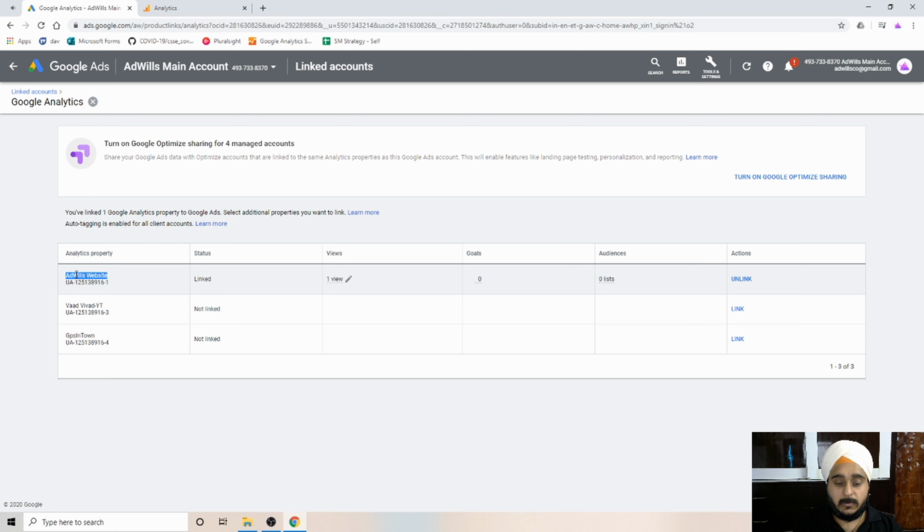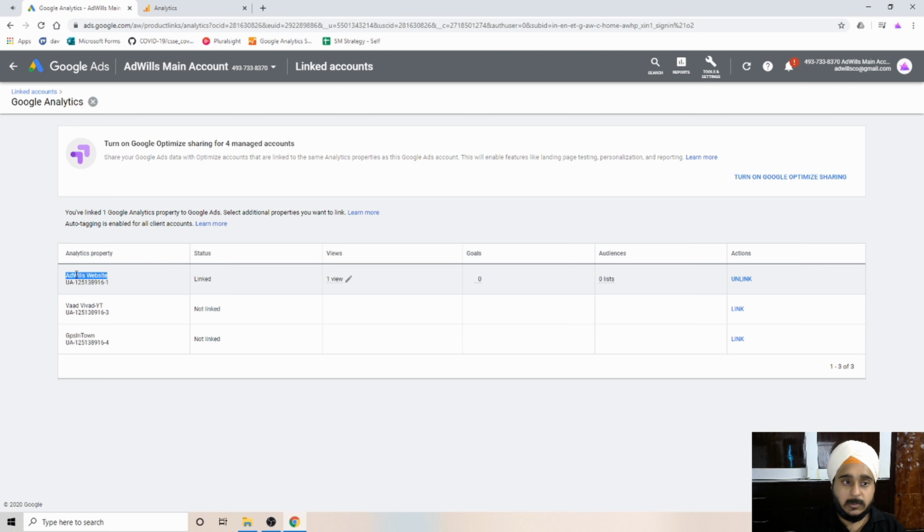So what we are trying to do is first ensure that our Google Ads account is linked with the right property within Google Analytics, which has the right website for which we are going to run this ad within the Google Ads account. So if you didn't get it, just replay this section again, and you'll understand.